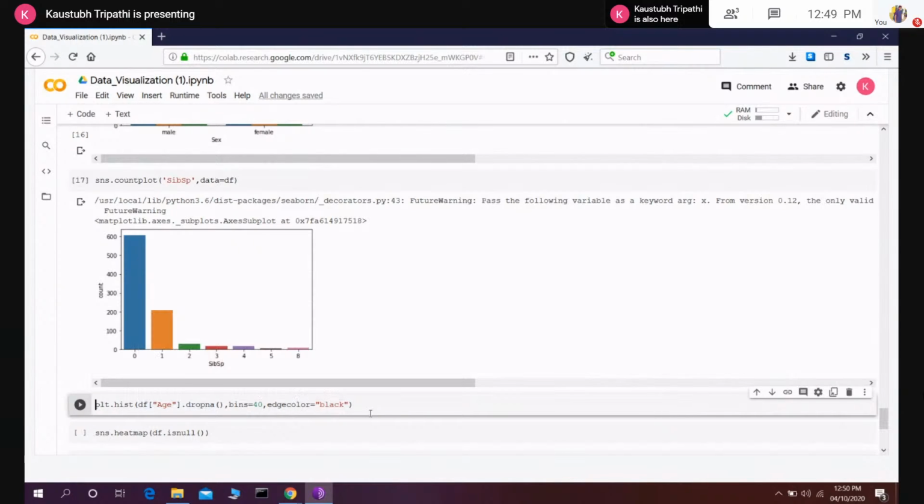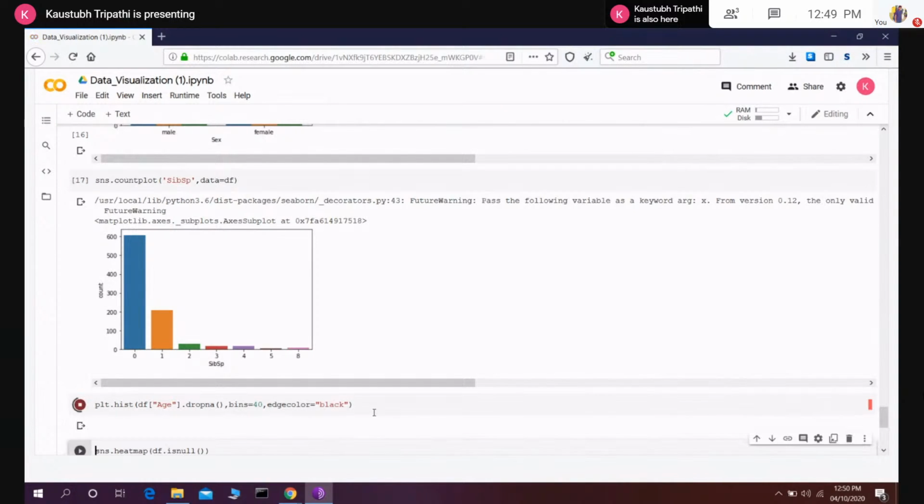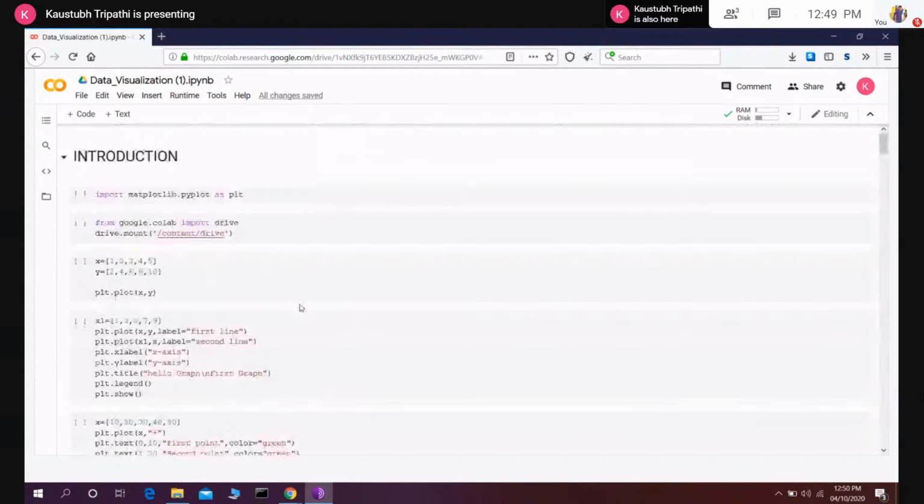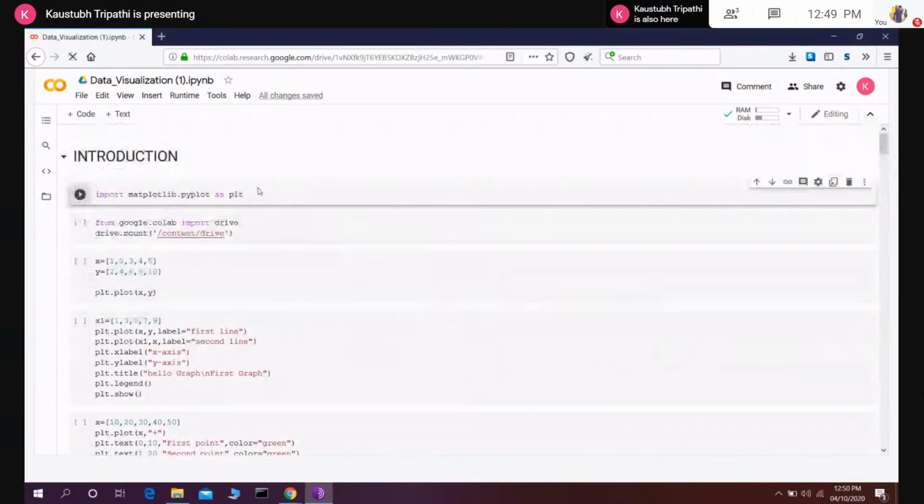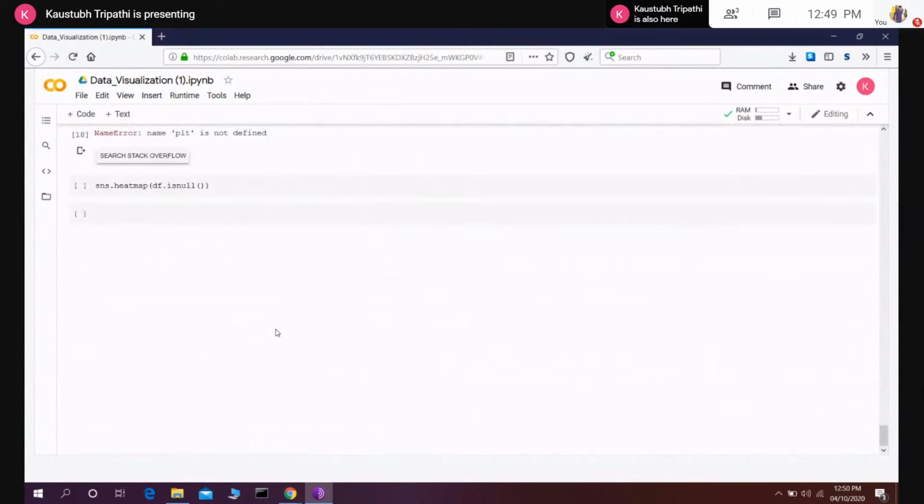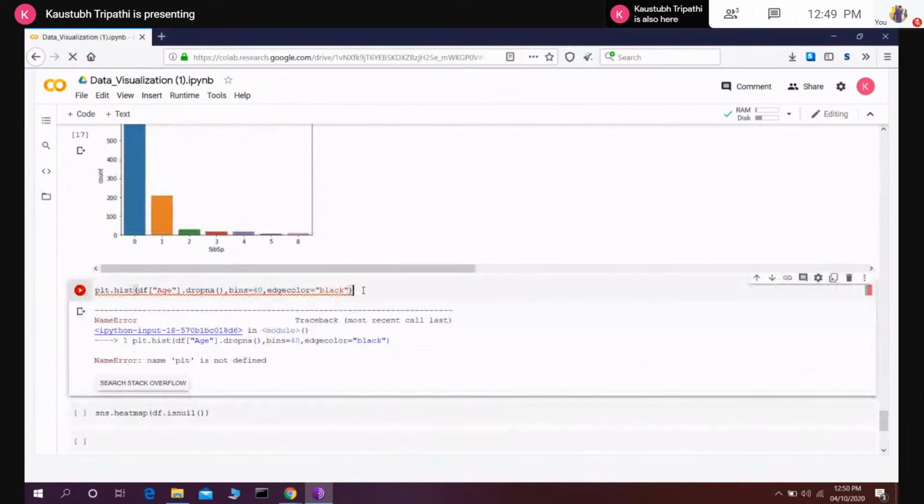Then we can also create histograms, seeing the variation, like what kind of age groups are present in what kind of area. Like if I run this program, sorry, it says the name plt is not defined. Okay, sorry, I restarted this again, so I have to run this line of code again. Yeah, now if I run it again,